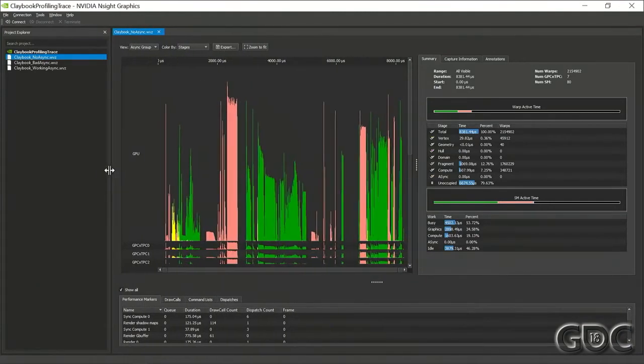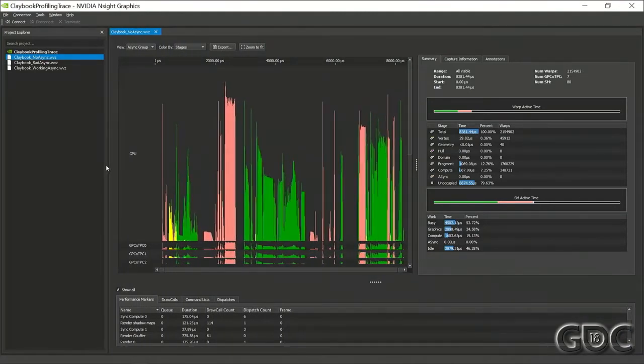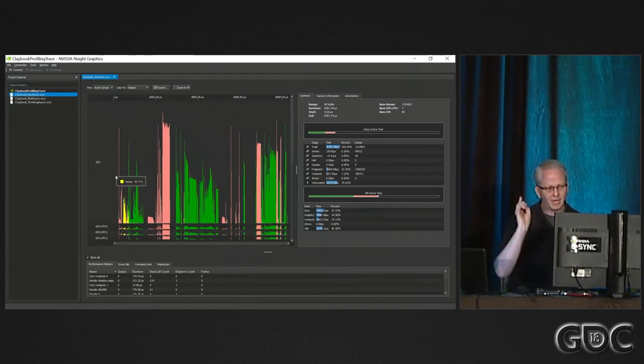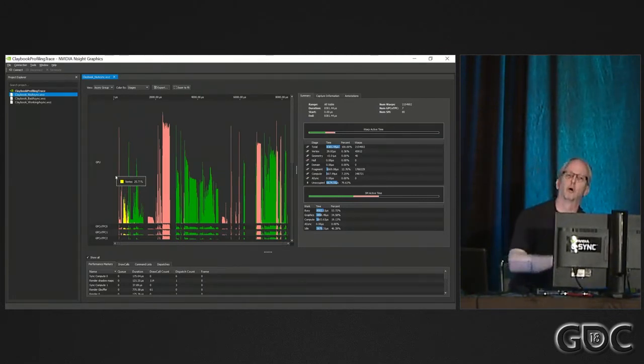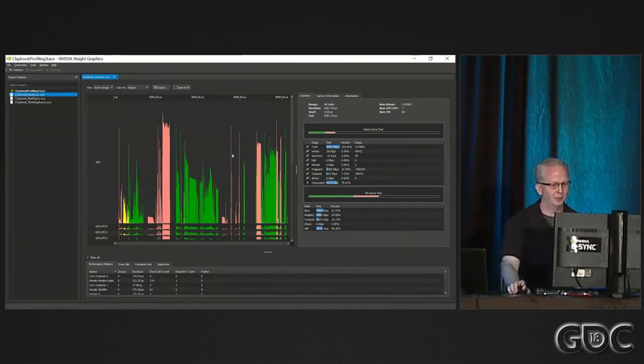So this is an example from Claybook, which was given to us by the second order team to allow us to use for the demo. And now I want to emphasize that this is not their problem. So we did a trace of their application, and I mucked with their trace. Kind of like I talked about earlier, you can improve things. Well, I actually made things worse in their trace to be able to give you guys an example of